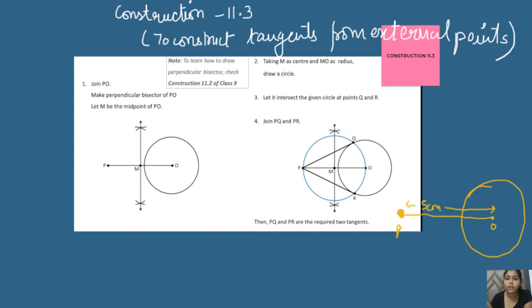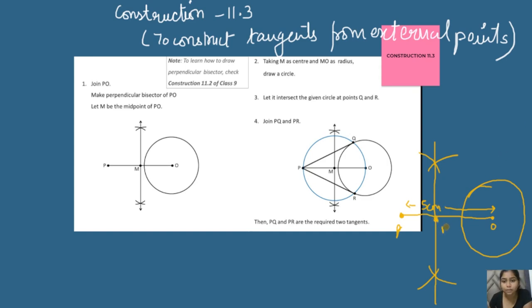Just put the pointer of the compass here. Just open it more than half, like I've taught you in class 9 sessions. You can have a look there, and you will be getting the detailed explanation and PDF notes there also. So you will just put a pointer here. You will extend your compass more than half. Then you will draw the arc like this. Similarly, you have to draw an arc like this. Then put the pointer here, and you have to open your compass more than half. Then again intersect these arcs, and then you will be just joining them. You will be getting your half. Okay, so this will be a certain point of the perpendicular bisector.